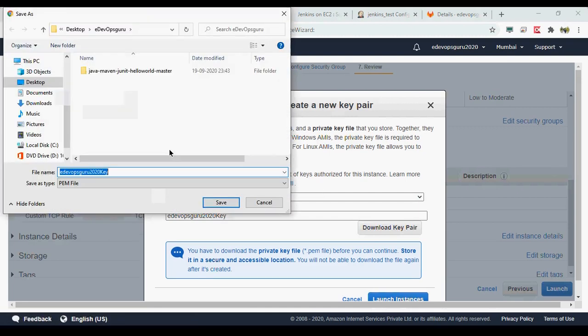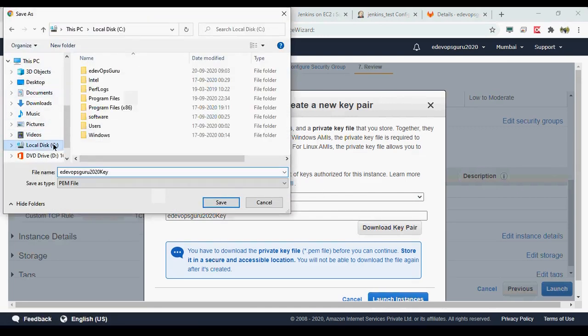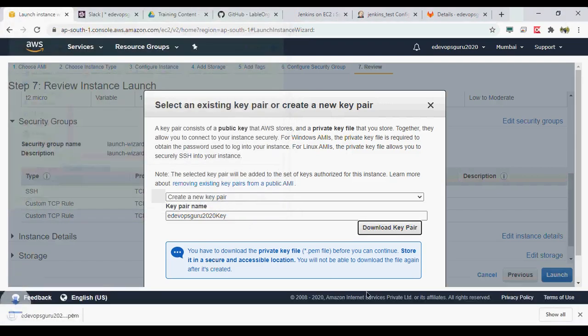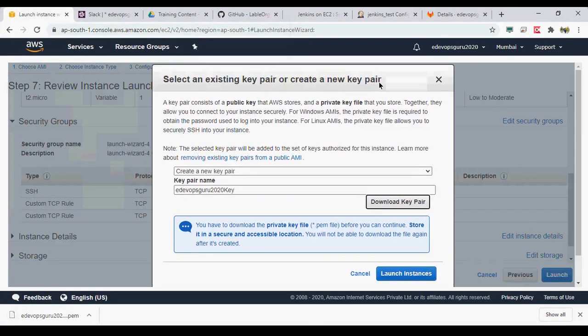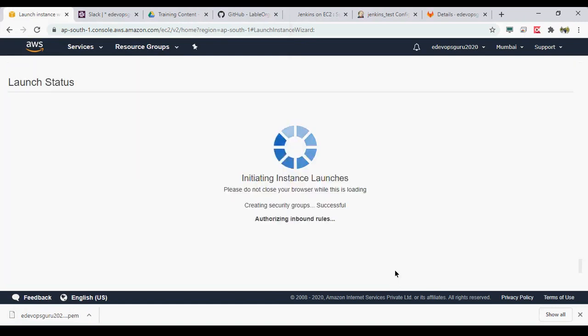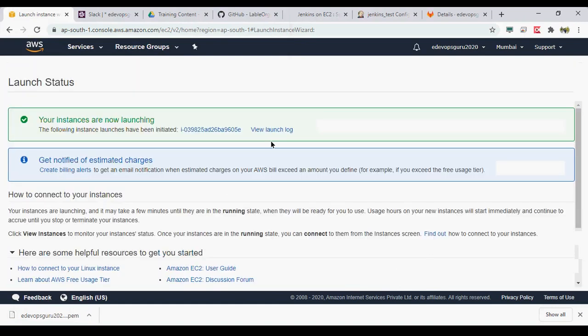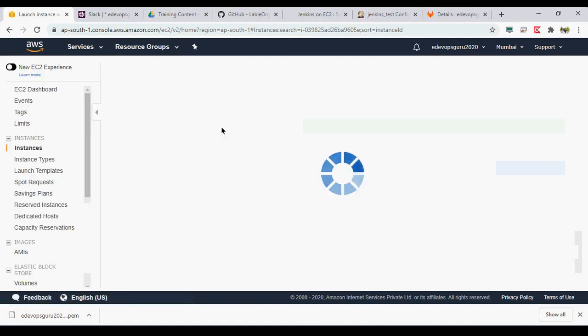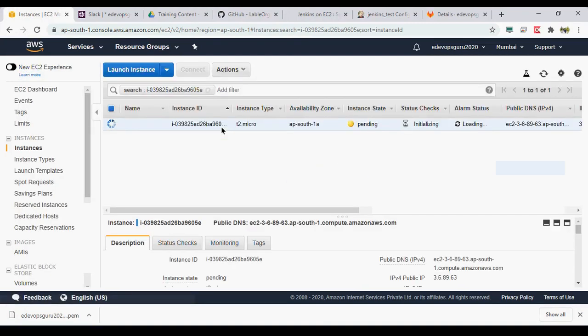Then download it. So let's download it here. Okay. Then launch it. Okay. Now let's wait for it to come up.